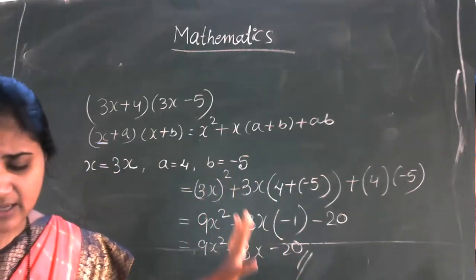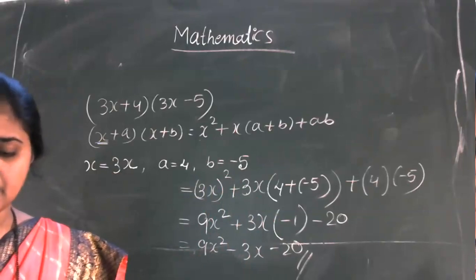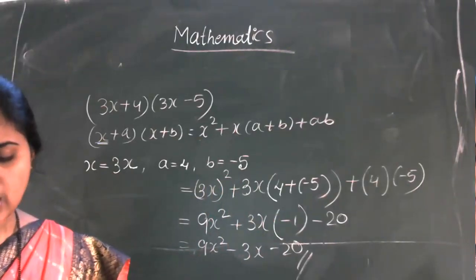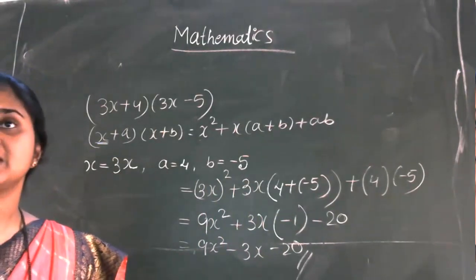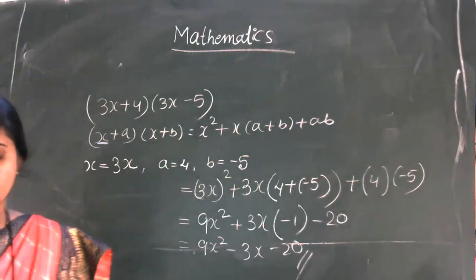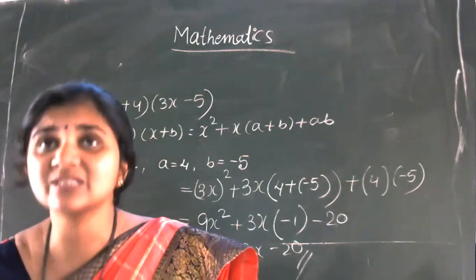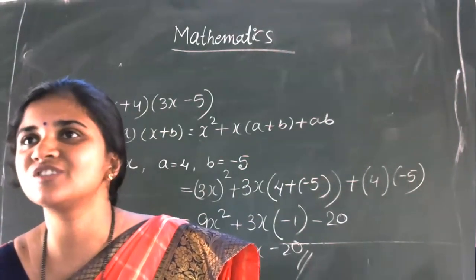Next question is clear. Y square plus 3 by 2 into y square minus 3 by 2. For that, which identity do you have to apply? You all know. Next, last question: 3 minus 2x into 3 plus 2x. Okay, so y square plus 3 by 2 into y square minus 3 by 2. Which identity do we have to select?